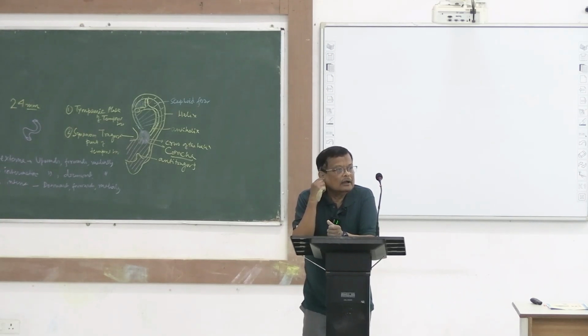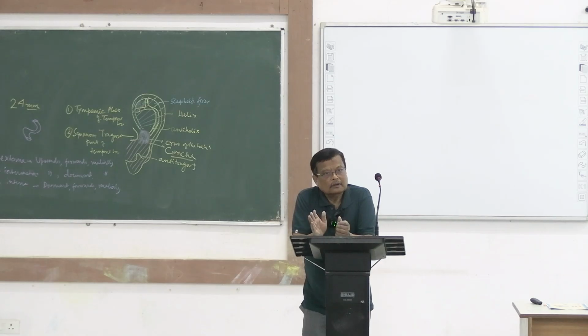So the concha, floor, and posterior wall are supplied by the auricular branch of the vagus, right? And now,